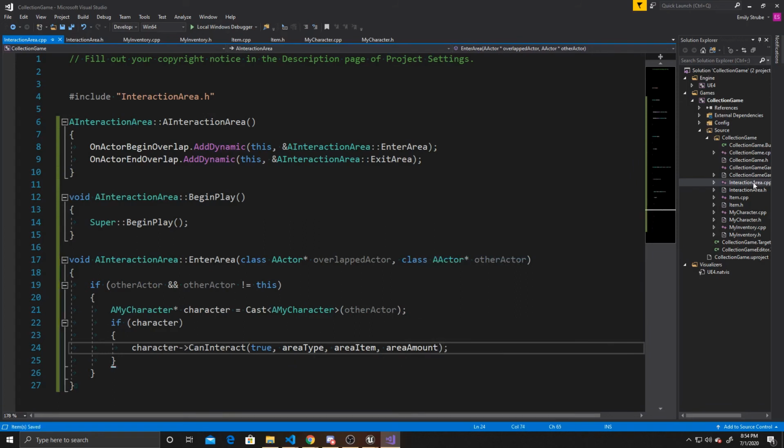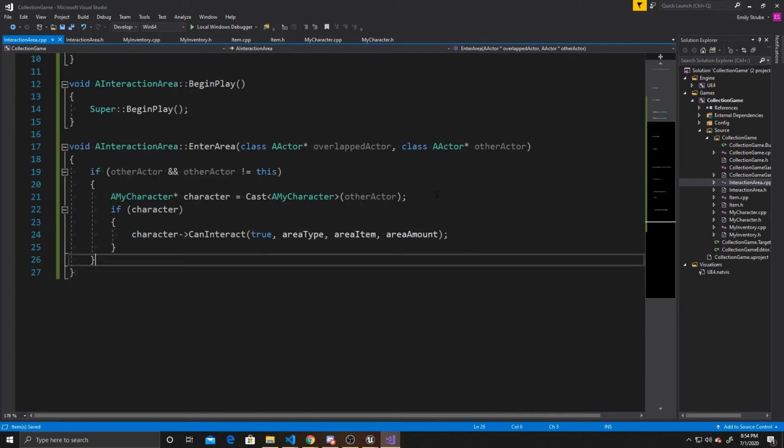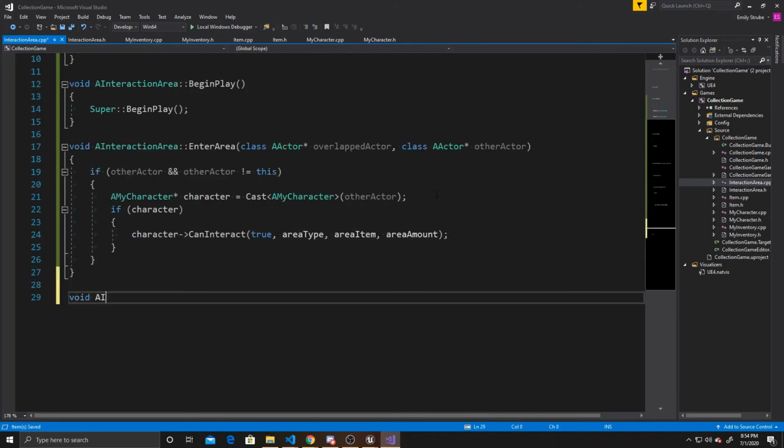And that's all of the code that's inside our enter area function. So now we can go ahead and do the same for our exit area. So void AInteractionArea exit area, and it will be the same parameters, class AActor overlapped actor, and class AActor